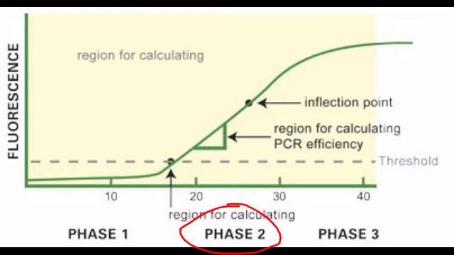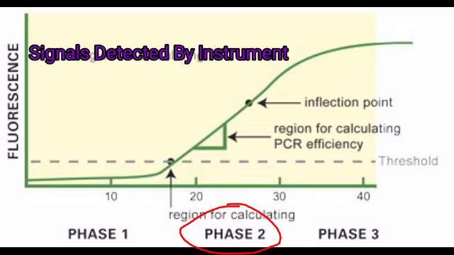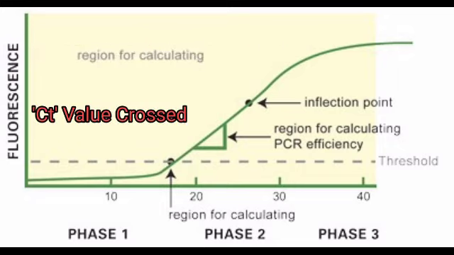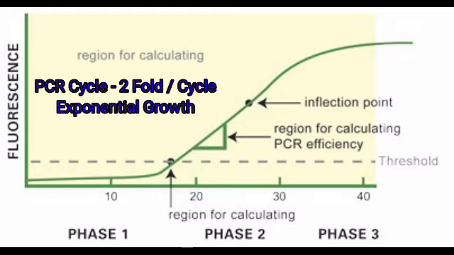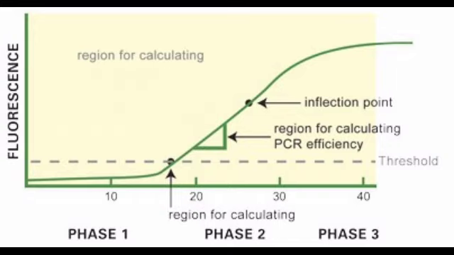The second apparent phase occurs when the amplicon-derived fluorescent signal actually gets strong enough to be reliably detected by the instrument. At some early point of this, the CT value is crossed. Our assay scores positive and we get a cycle, that is CT number, useful for quantitation if desired. This PCR process is a two-fold per cycle, that is exponential growth, and the detection of this leads to a strong straight curve growth phase in most common amplification plot forms.